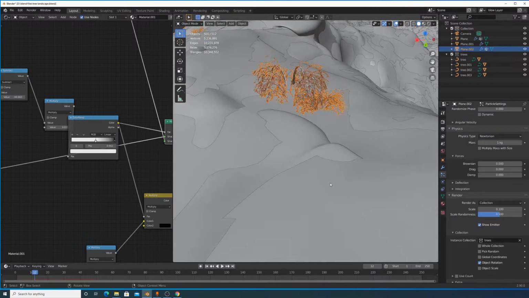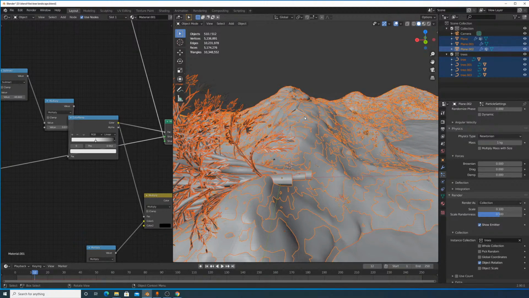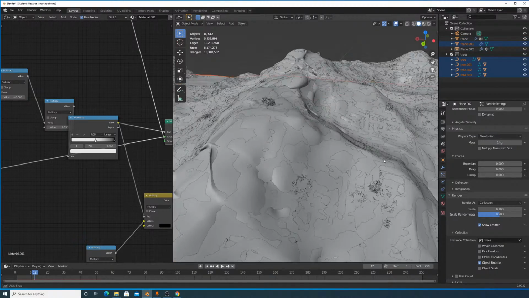Object rotation seems to fix it, but the position's not right, so